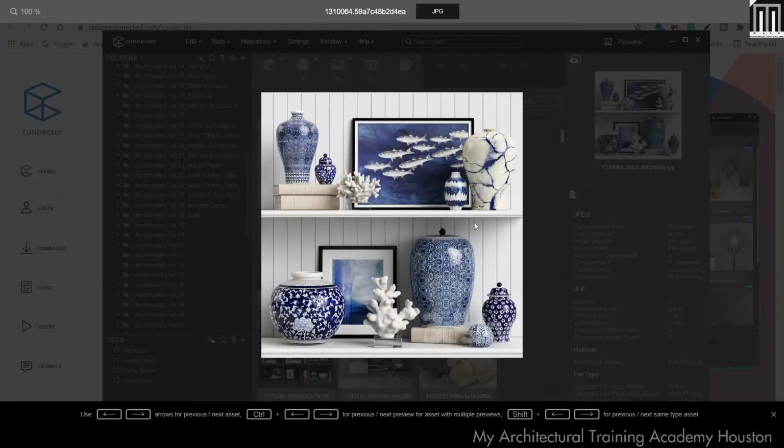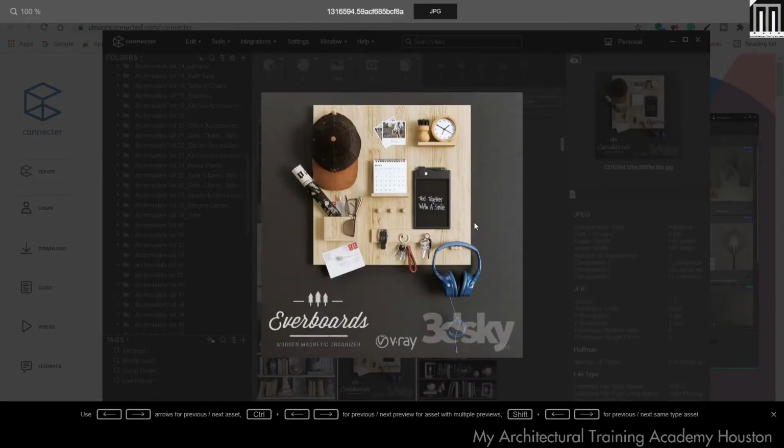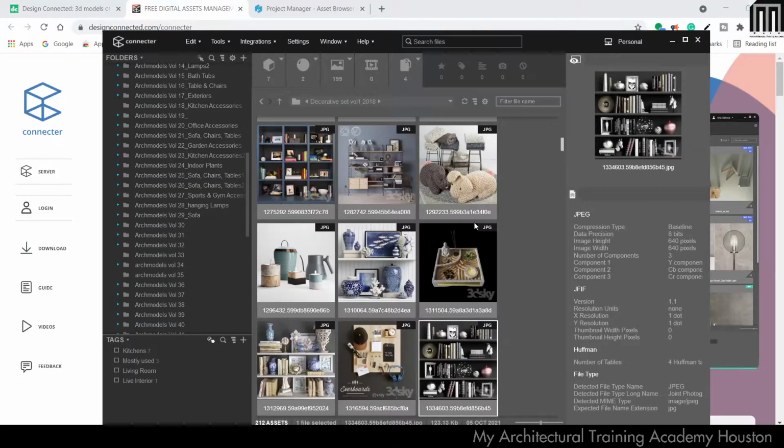These are the assets that I have. I'll press escape, and there are options like 3D files, materials, images, videos, and RAR files, which are in other files.